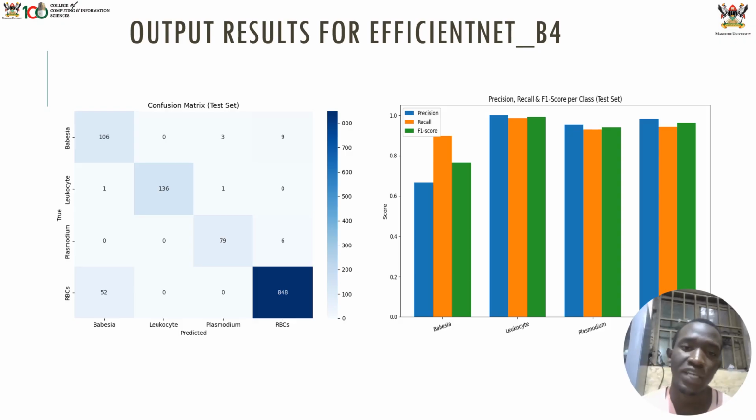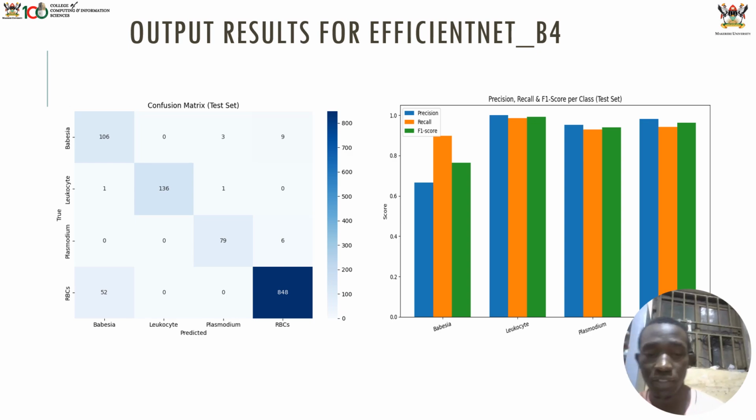So we have the leukocyte, which achieves nearly a perfect score across all the metrics, showing excellent performance. The red blood cells also have a high precision and a strong F1 score, indicating reliable classification. Then the Plasmodium has a high recall, meaning most true cases are detected, although the precision is slightly lower. Then you have the Babesia, which has the lowest precision, suggesting some false positives,